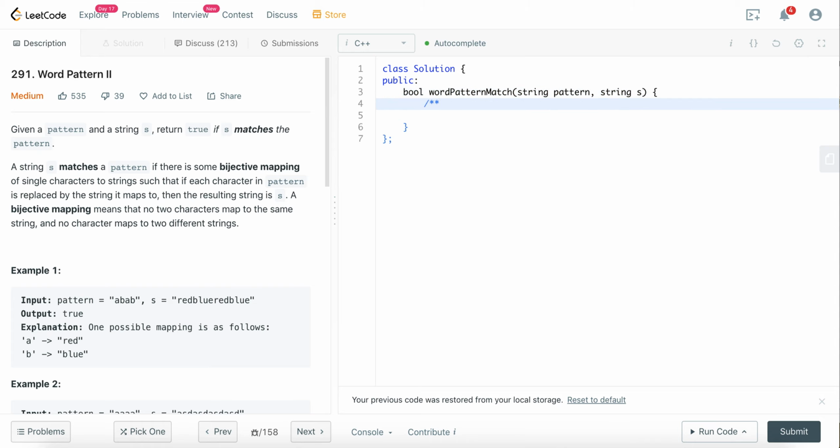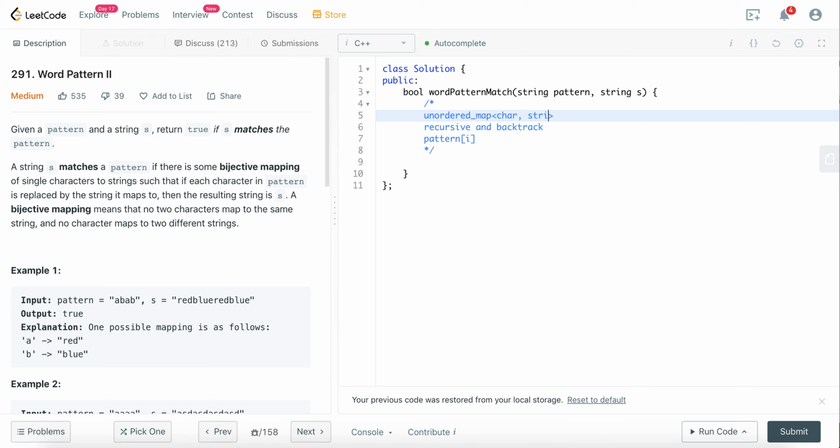So the algorithm we will use is recursion and backtrack. Before that, let's keep two global variables, a p map with char to string,